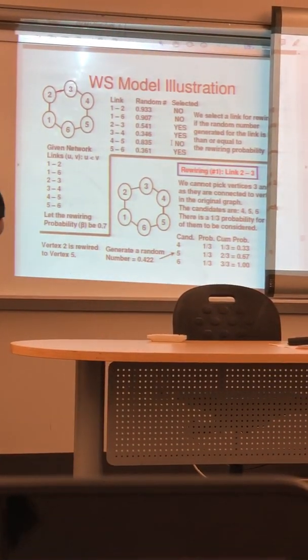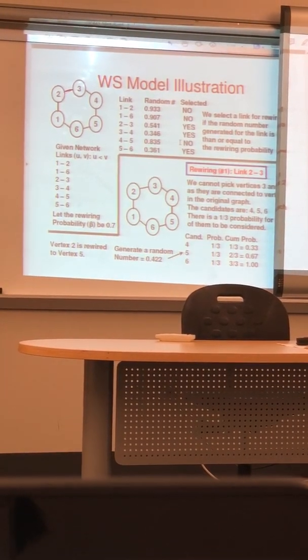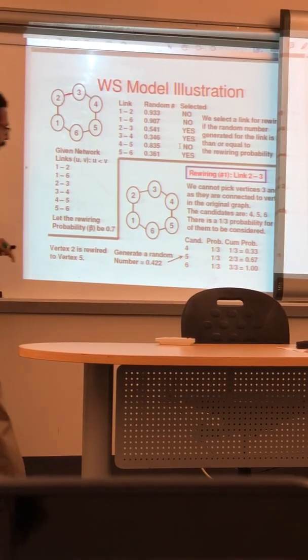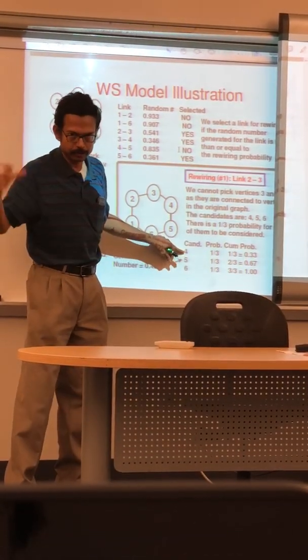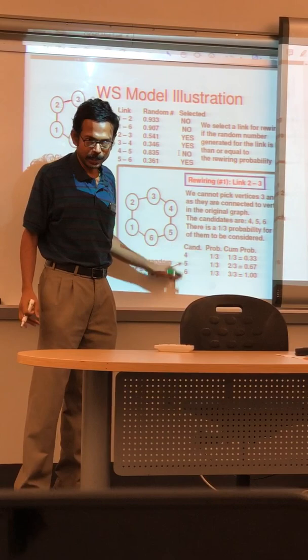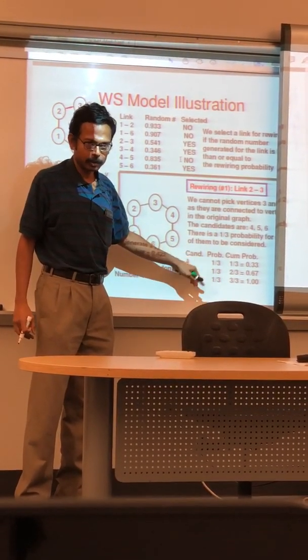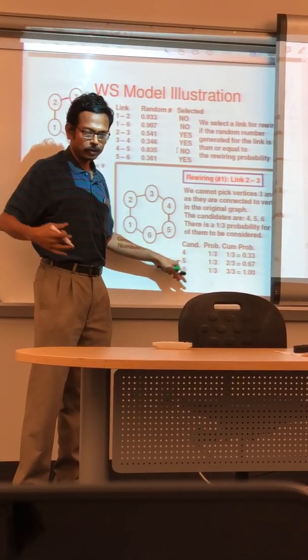And we can pick any one of those. So we have an equal probability for one of these three nodes to be connected to. So the probability that 4 will get that link with 2 is 1/3, because there are three nodes. Based on that, each one has equal probability, which is 1/3, 1/3, 1/3. Okay. So this is going to be similar to what